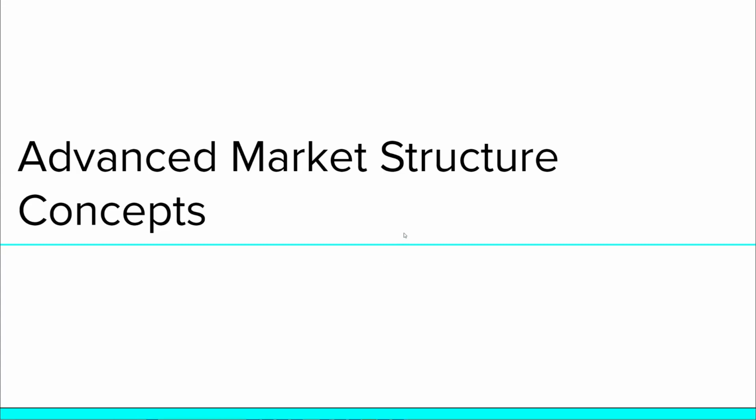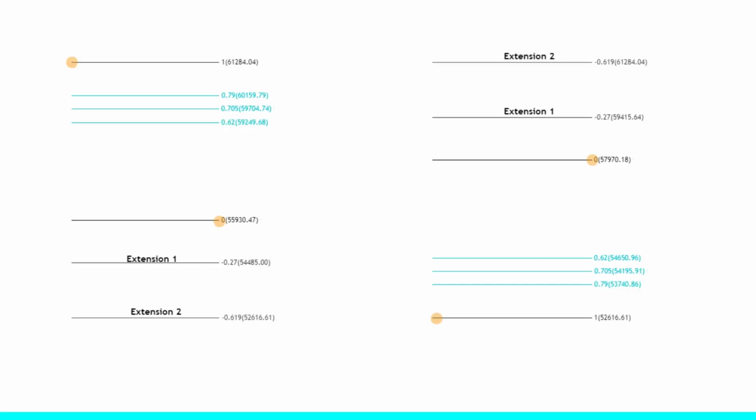Alright guys, now we're going to get into a little bit more advanced concepts in regards to market structure. So I'm going to start off actually by talking about the Fibonacci. A Fibonacci is a really good tool to understand where a potential lower high or higher low is going to form. So these are the presets that I have, and I'm going to actually post right after